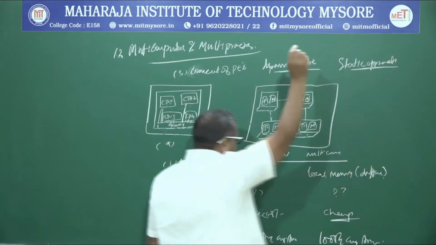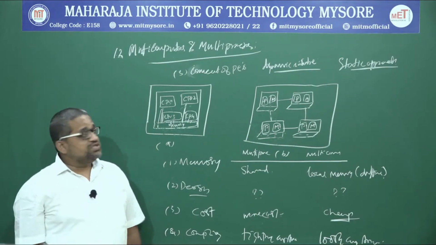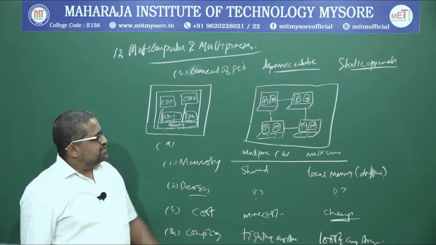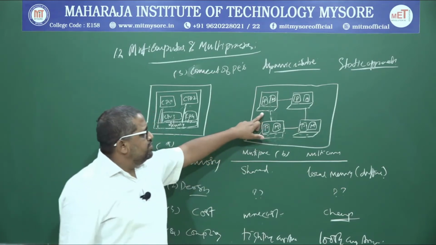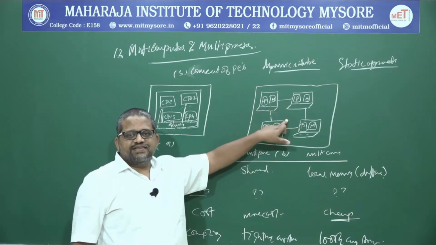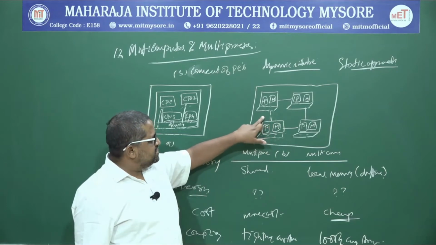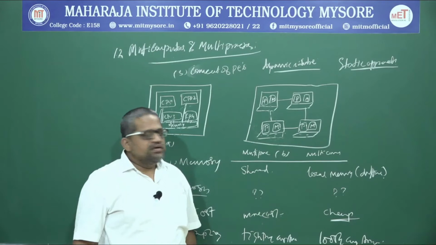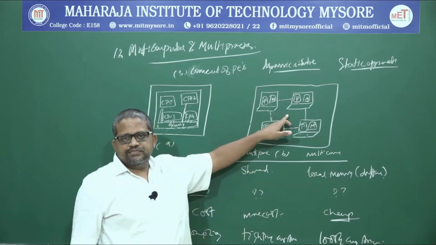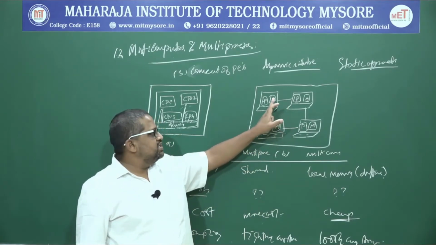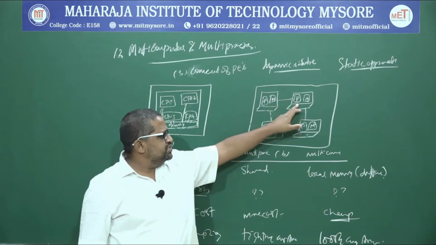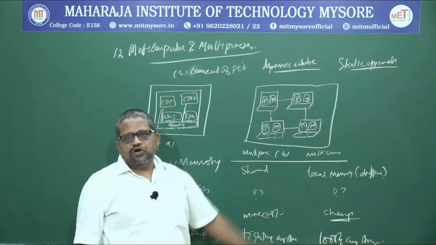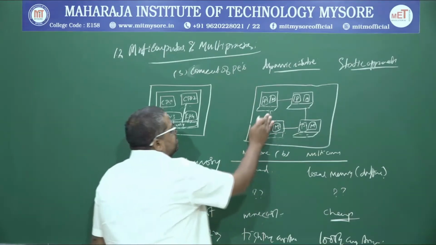So I use the word static approach. Why did I use the word static approach? In what sense did I say it is a static approach? Because when you look into the way the computers are connected, now if you look into this, what is the scenario of these computers connected together? Now it is a ring topology, right? It is a ring topology. 1 is connected to 2, 2 is connected to 3, 3 is connected to 4, 4 is connected to 1, a ring topology, right? Or else I can use